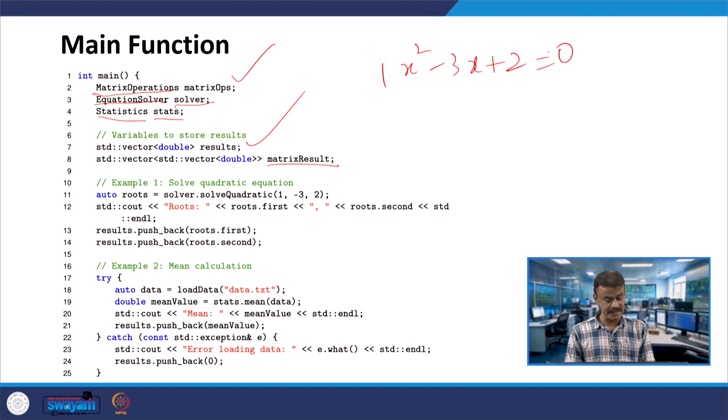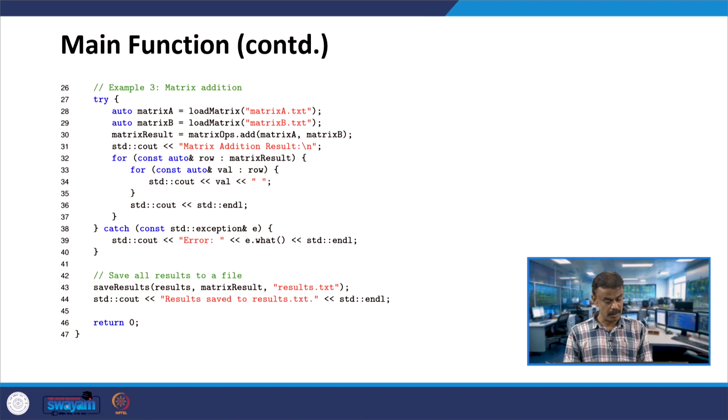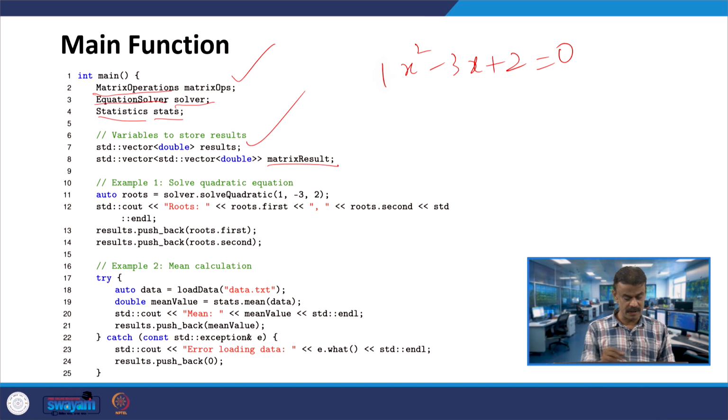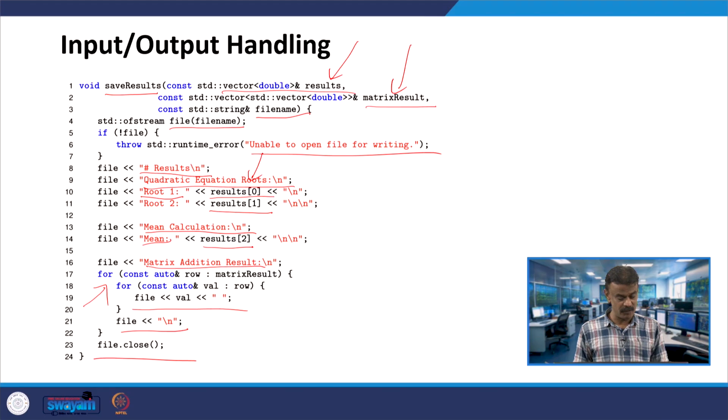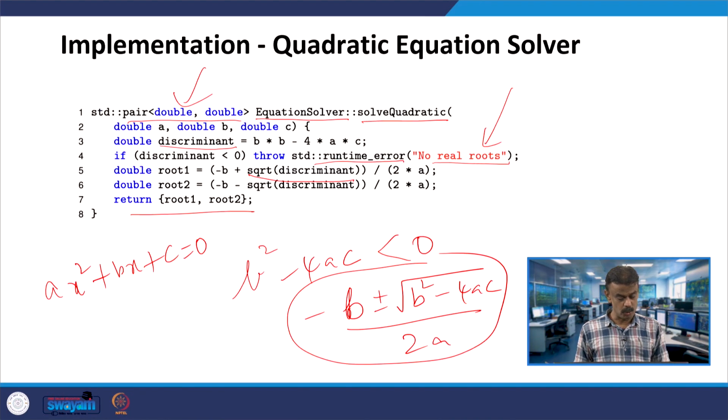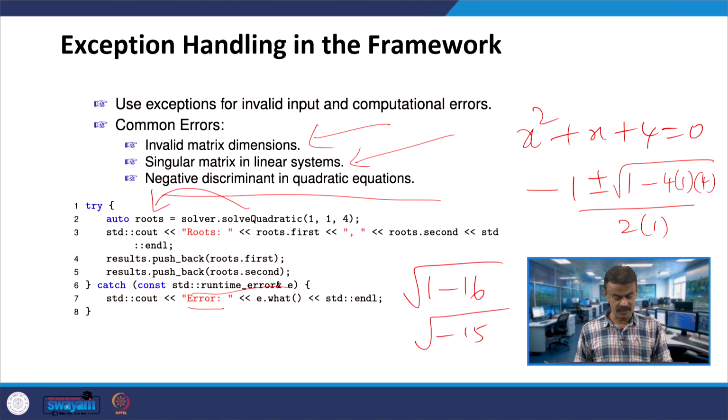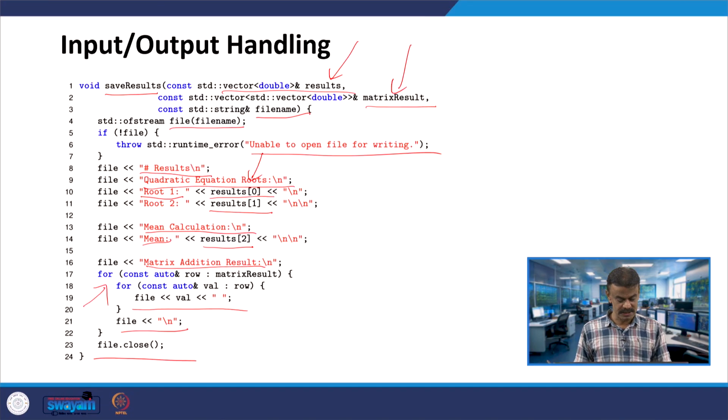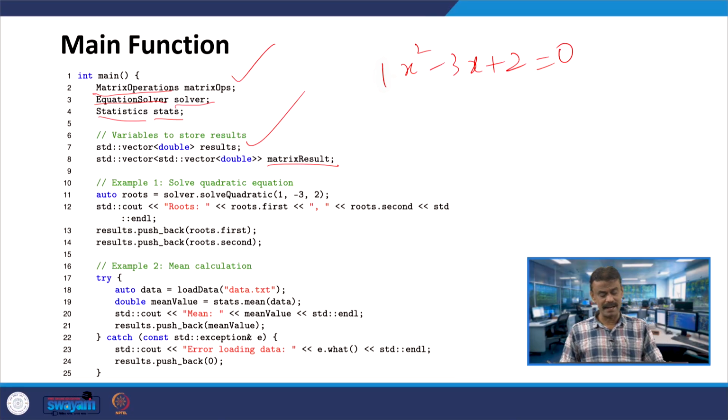We have already seen the solving equation, all the programs we have already seen. So, this will be called. In fact, all these functions we have defined previously, solve quadratic. So, here you go, solve quadratic. I explained these; when we see it as a program we will see this. You are passing 1, minus 3, 2, so this function will be called, a member function I have already defined. So, auto roots, whatever you are getting as output, double, that you are going to get.